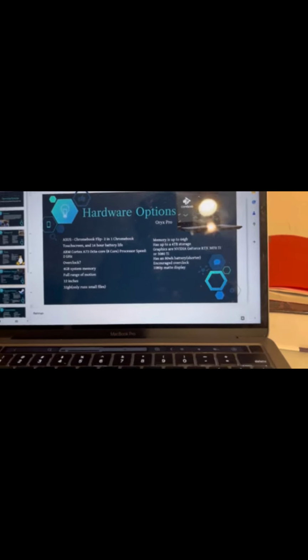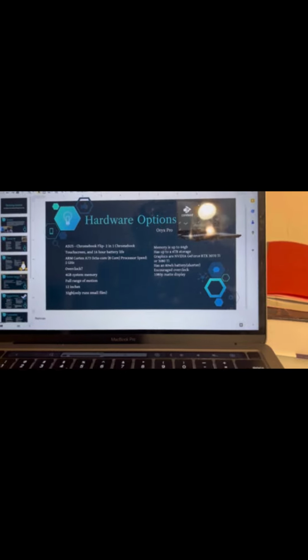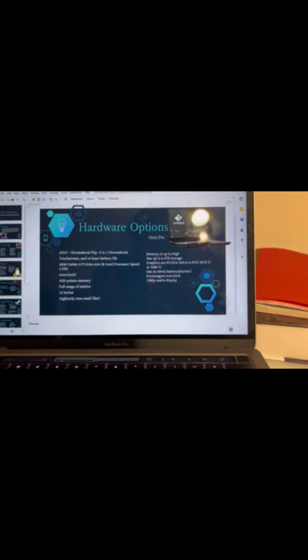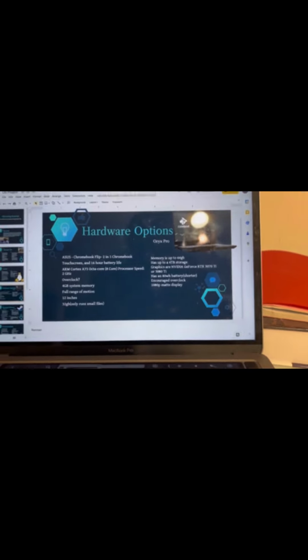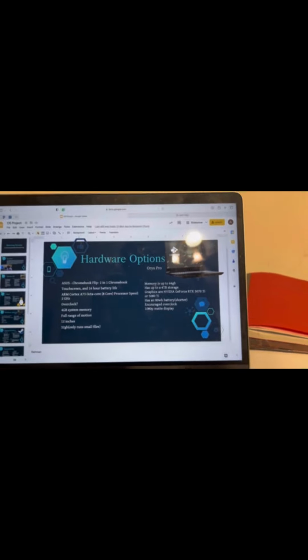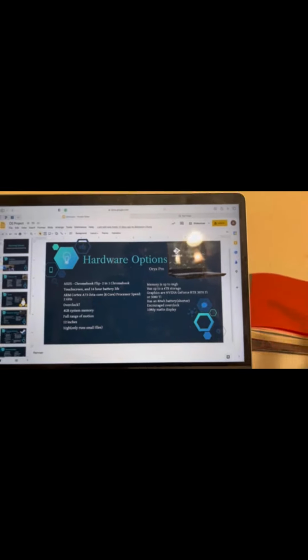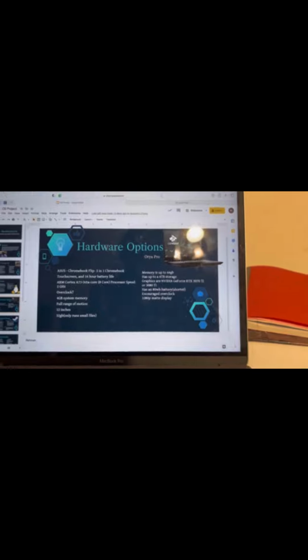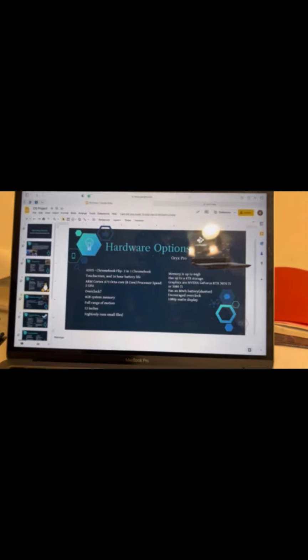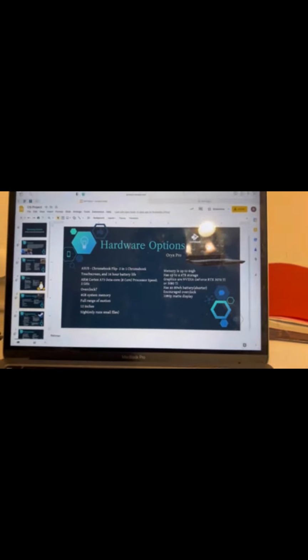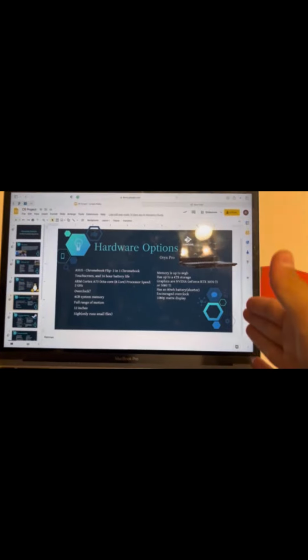4 gigabyte system memory, pretty standard, I'm not going to lie. It has a full range of motion, which is great because you can play it like an iPad if you want to play those kinds of games. It's 12 inches across, so this MacBook, for example, is 13 inches, so 12 inches is cut off a little bit.